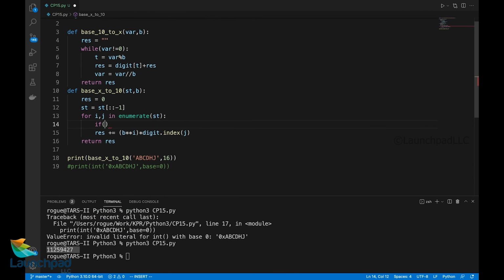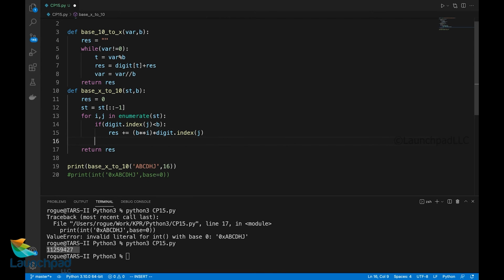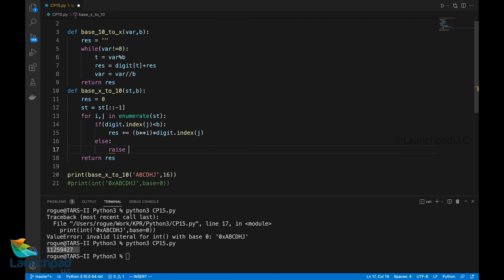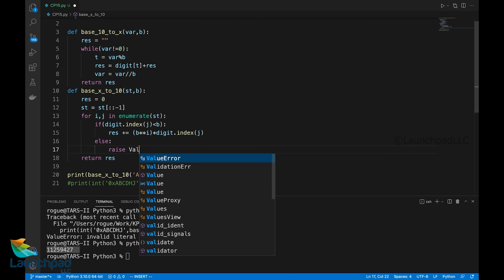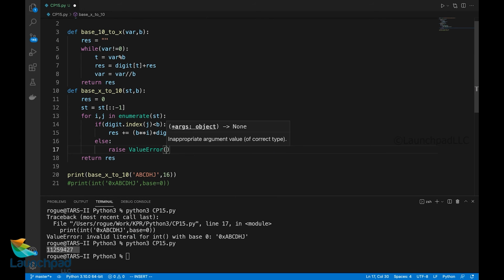So what I'm going to do is, if digits dot index of j is lesser than b alone, only then I'll proceed with this action. Else I have to raise an error, so I'll say raise ValueError with the message.